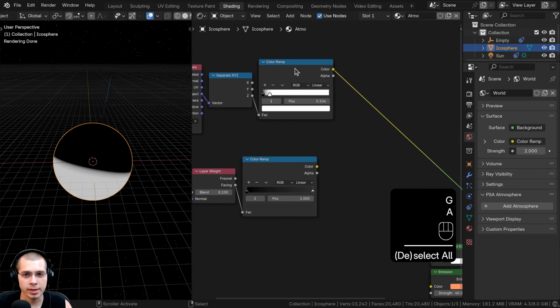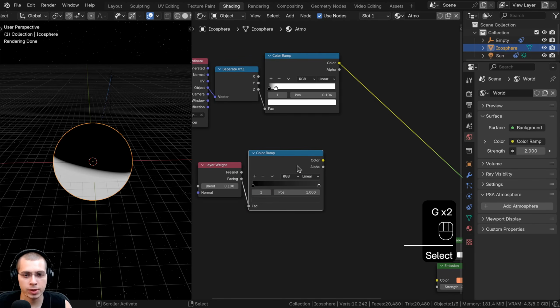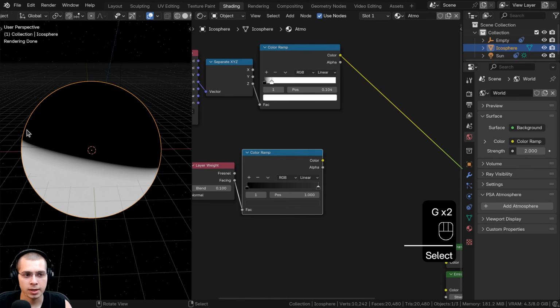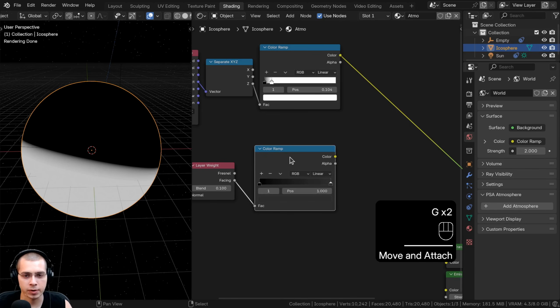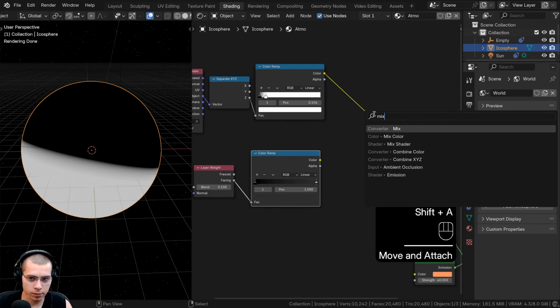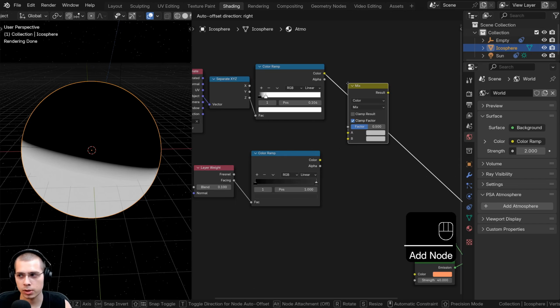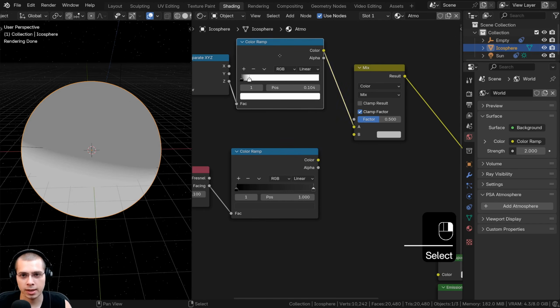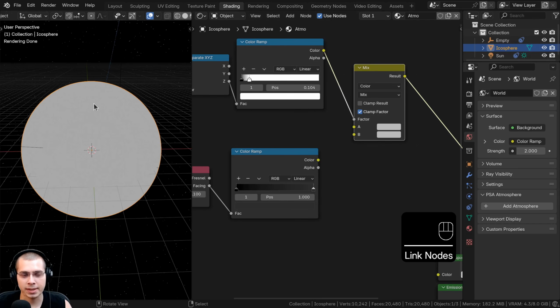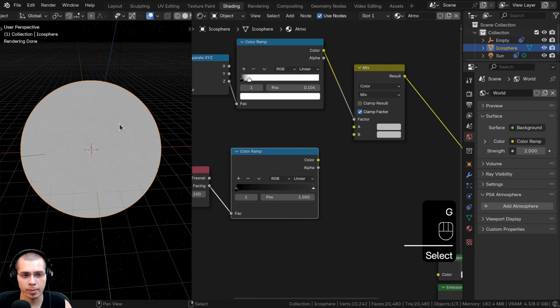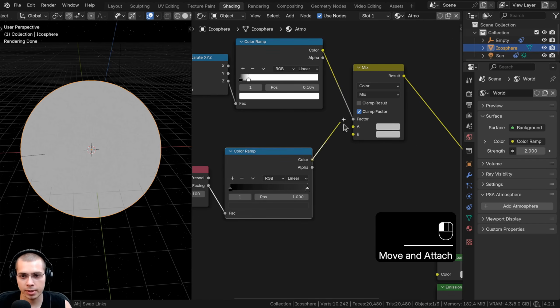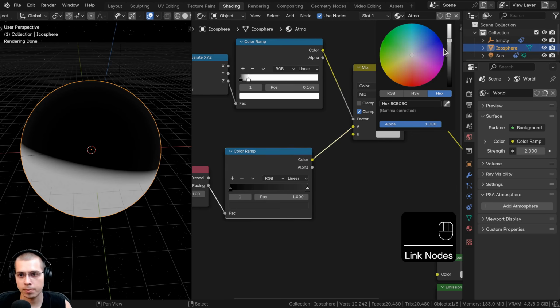So now what I want to do is mix this color ramp here in with this color ramp. And what we're going to do is tell it so that where the black part is, that is where you'll be able to see this atmosphere rim. So to do this, we're going to search for a mix color. We're going to drop the mix color here, and we're going to take this color ramp color and put that into the factor. So it's basically the mask to tell it that this color ramp here is only going to be visible on this top area. Now this color ramp color can go into color A, and then color B,